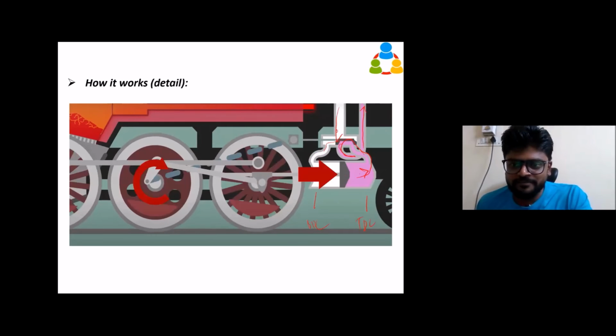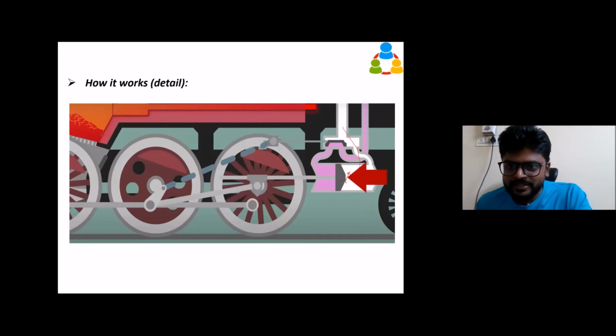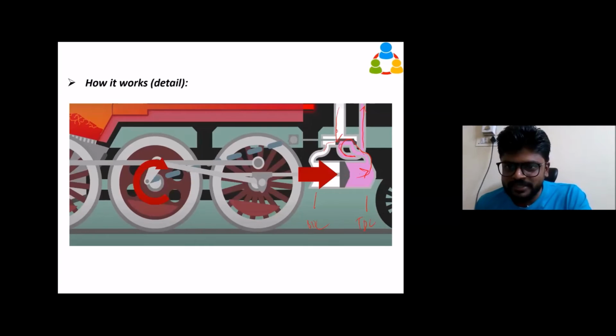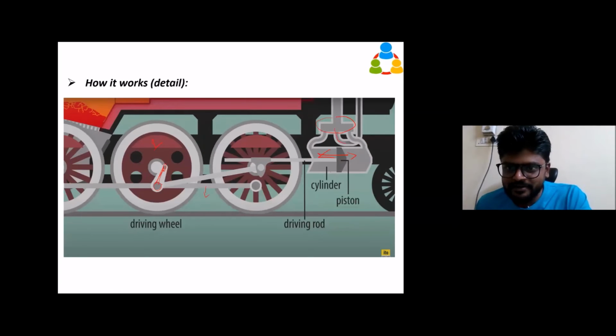The white is called steam. It comes and pushes, and whatever is exhausted, the used-up steam which has done the work, is shown in purple. That is sent out as exhaust pipe. Again, this also comes to the exhaust pipe. You can see the center line is connected to the exhaust pipe. Only with the movement of the valve are we connecting the steam line and the exhaust line.